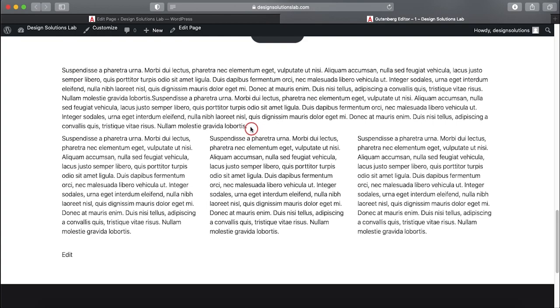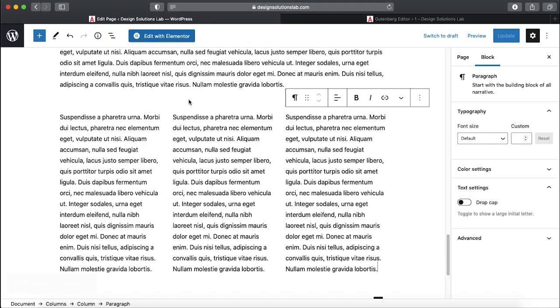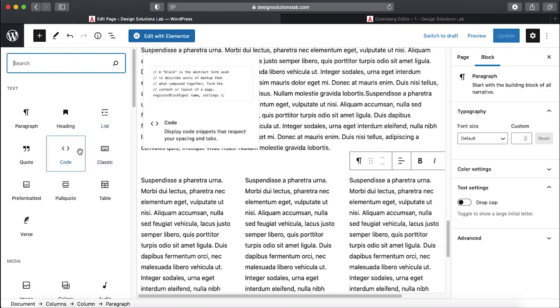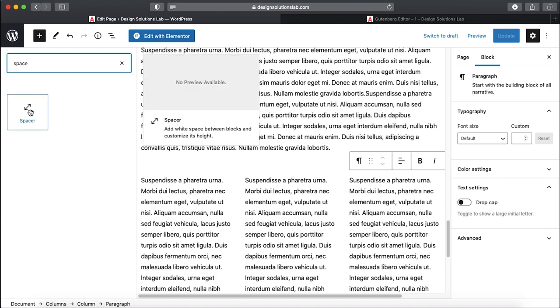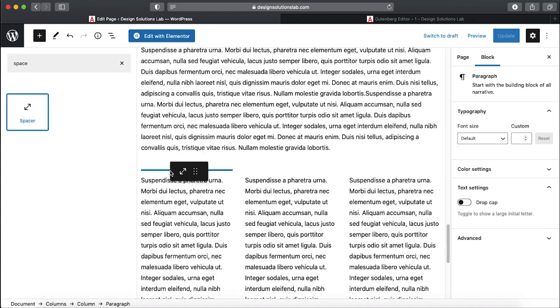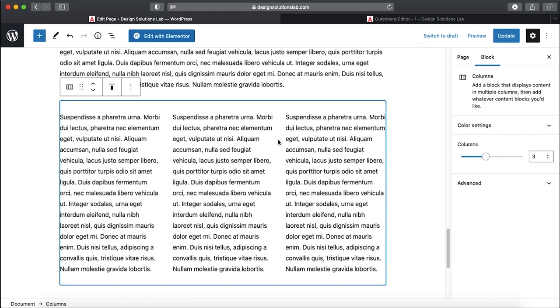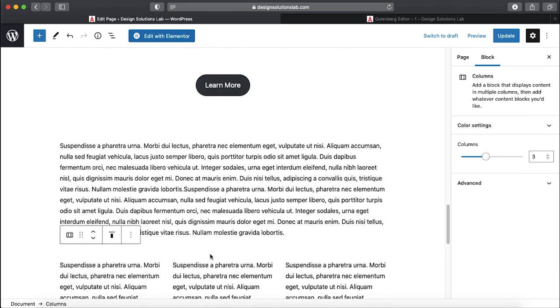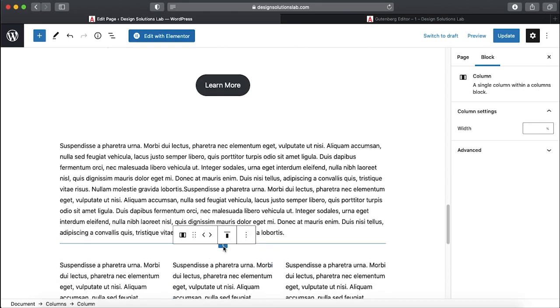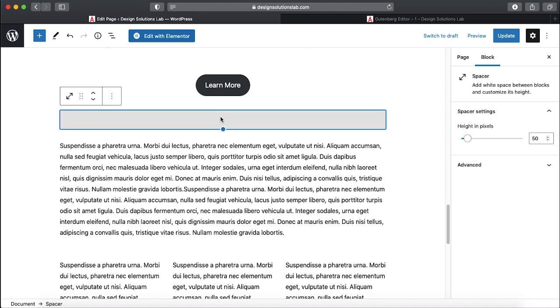For example, we think that this content has a small space in here, so we want to add some extra space in here. Just click the add button and find in here the spacer tool. Just drag and drop it in the right place. Maybe add it here. Sometimes it's difficult to find the right place, but in here we have the